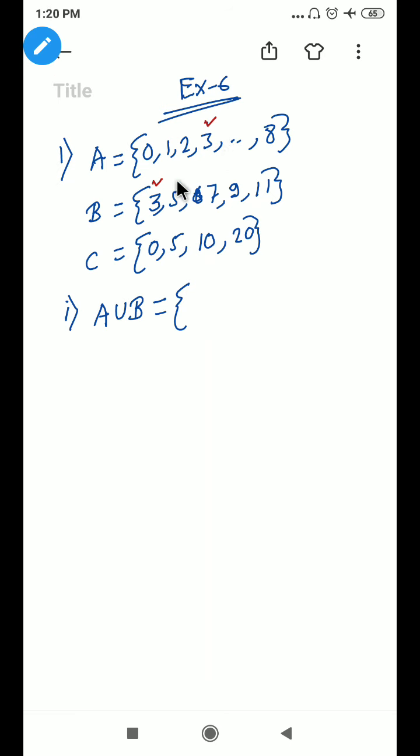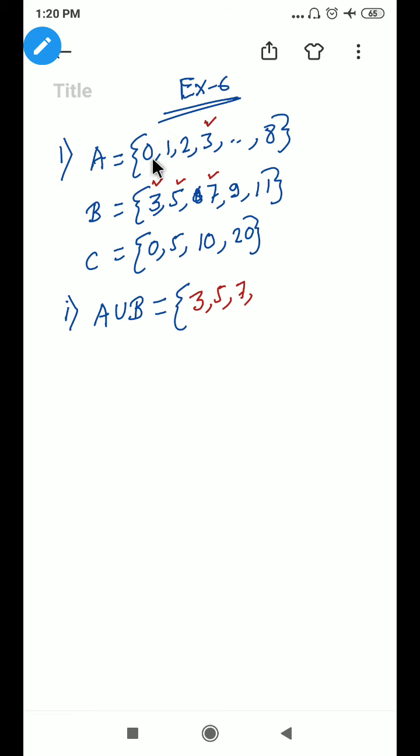So 5 is common, 7 is common. These are the common elements. So write here firstly 3, 5 and 7,